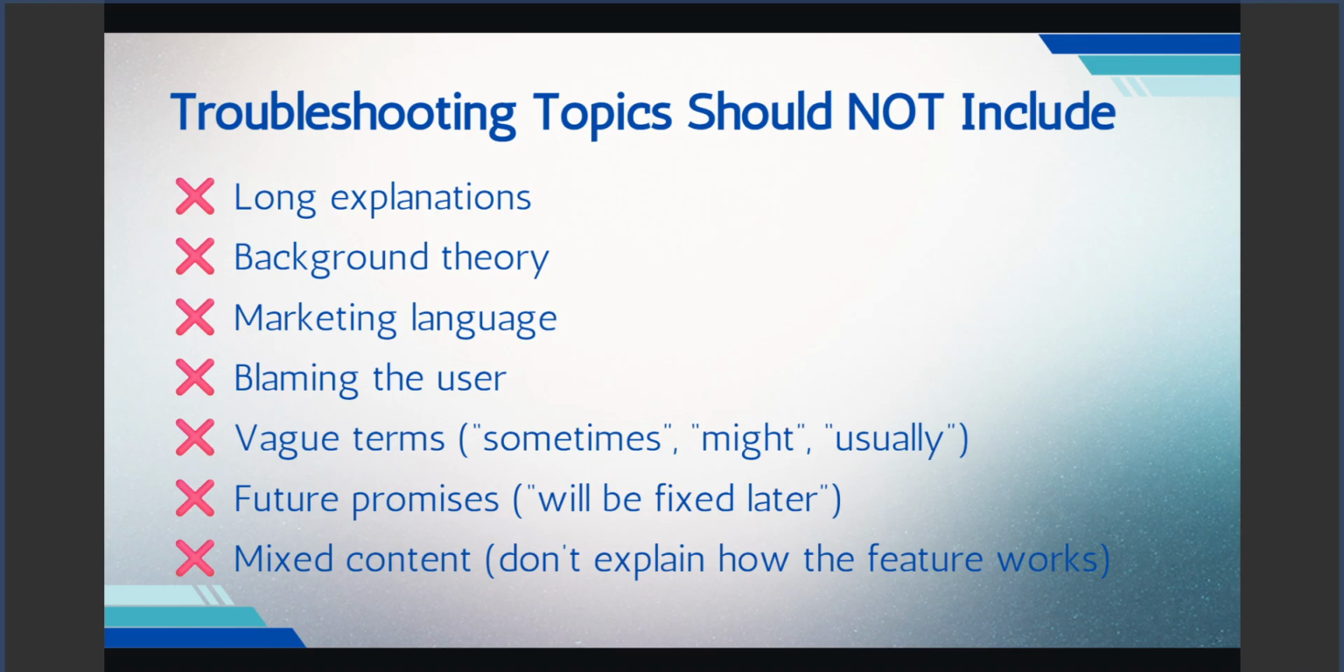that this might be the issue. Sometimes this happens, usually that happens. We will not use these kinds of vague terms. We will also not use any kind of future promises. Sometimes the issues occur because of our bug, some issue, some limitation that our product has. In that case, you will not say that this will be implemented later or fixed later. Any kind of those promises we will not make in the troubleshooting topics. Okay,